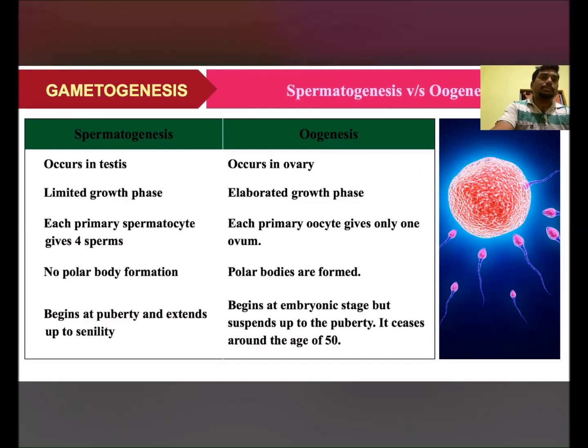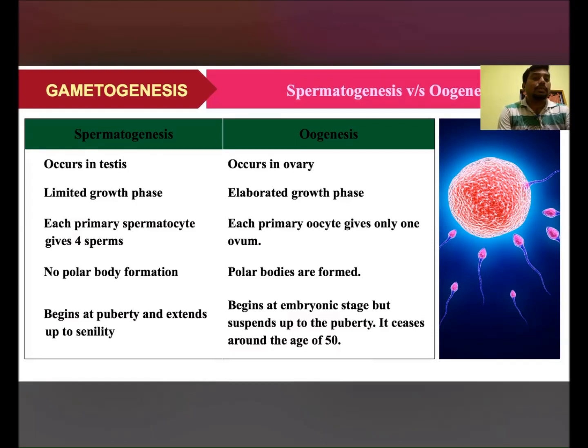Difference between spermatogenesis and oogenesis: you will find that spermatogenesis occurs in the testes and oogenesis occurs in the ovary. Spermatogenesis has a limited growth phase, but oogenesis has an elaborate growth phase right from the embryonic stage to the puberty stage and further on. Each primary spermatocyte will give rise to 4 sperms, लेकिन here a primary oocyte will give only one ovum, and the others will be polar bodies. No polar body formation takes place in spermatogenesis, but here polar bodies are formed. How many polar bodies are formed? 2 polar bodies are formed, and spermatogenesis begins at puberty and extends up to senility, but